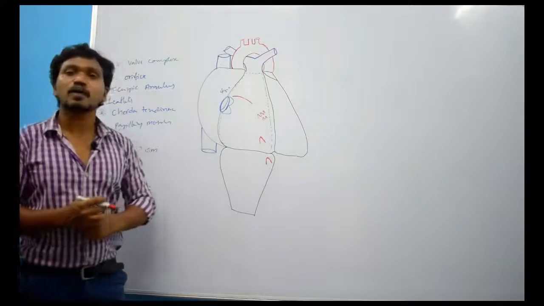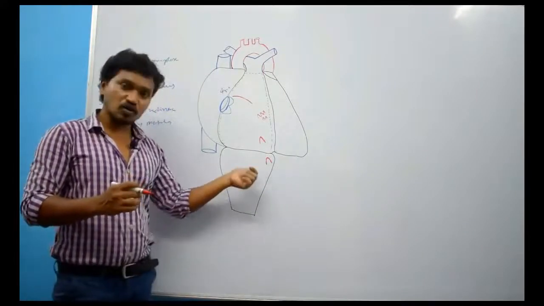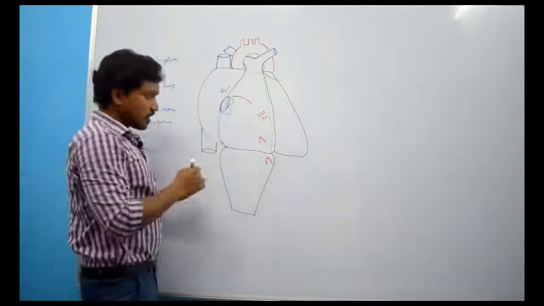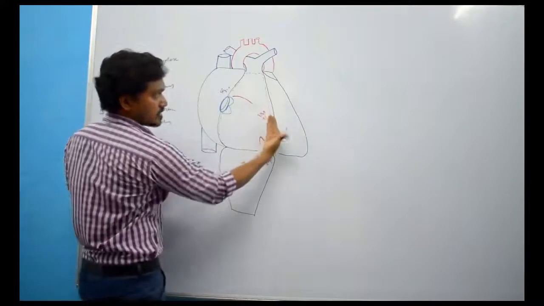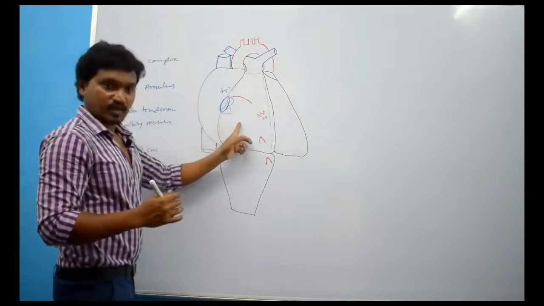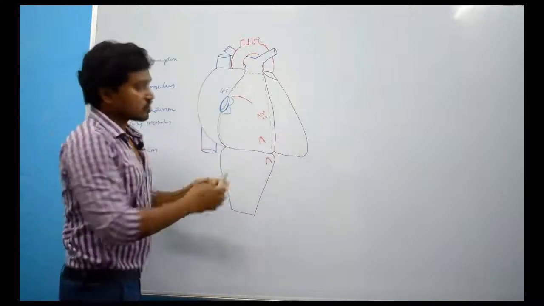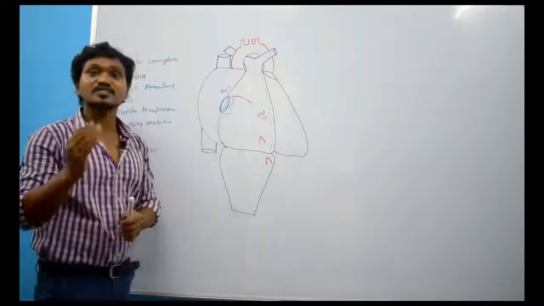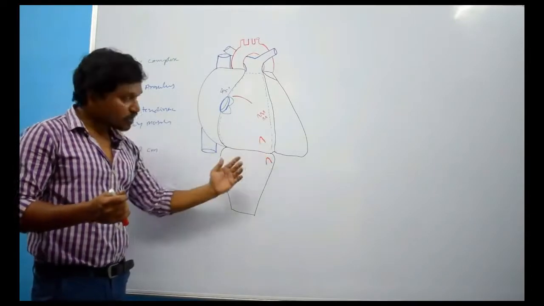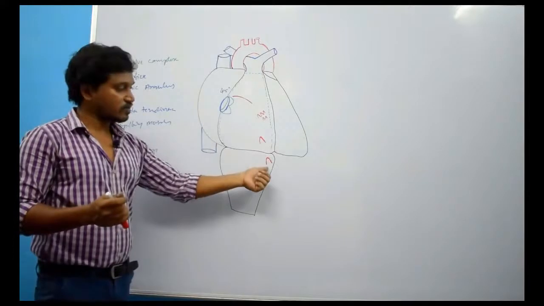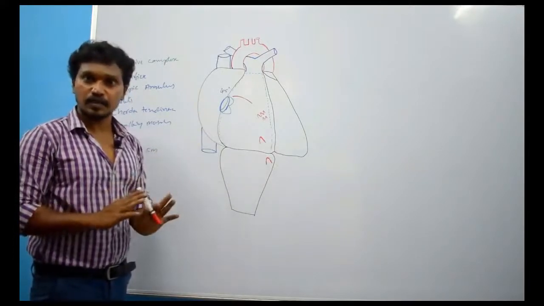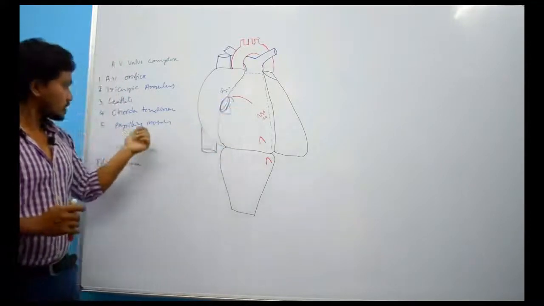The anterior papillary muscle attaches to the sternocostal surface near the septum. All of you must be aware of it. Here there will be the septum. What is the septum? It separates the right ventricle from the left ventricle. So it is the interventricular septum. Near the anterior interventricular septum and the sternocostal surface, there will be attachment of the anterior papillary muscle. Clear? So that is about papillary muscles.